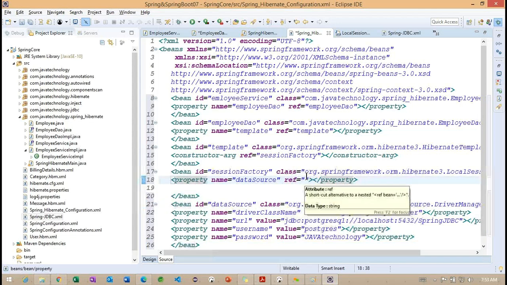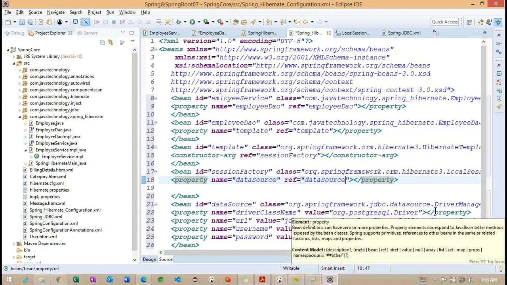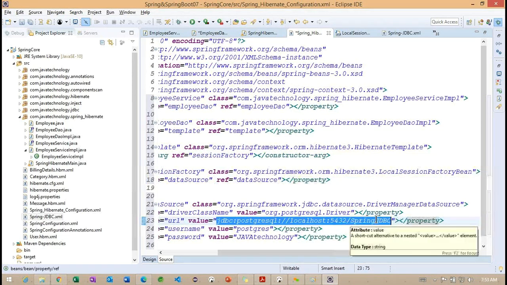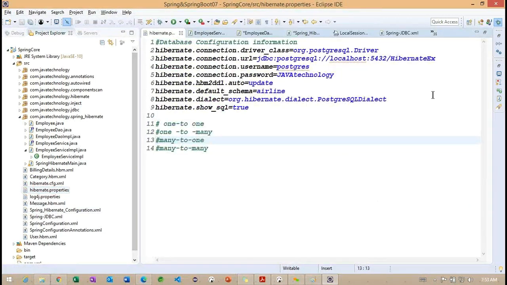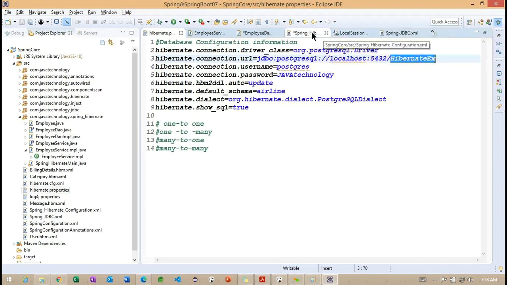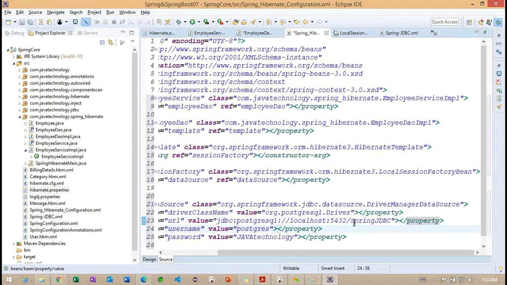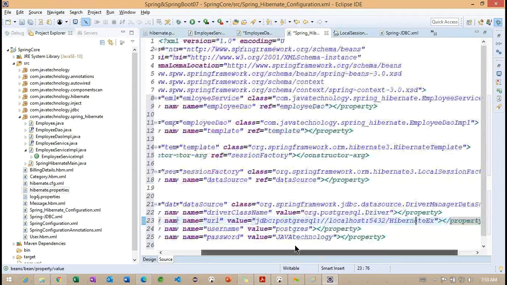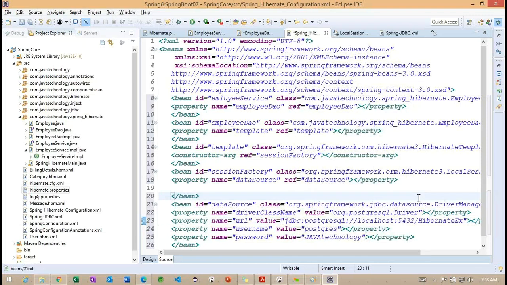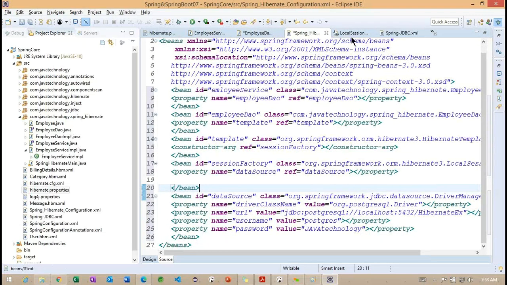Now we understood the reference I provided here. And here we need to change the schema. So to change the schema, because we created in the previous example, Hibernate EX, this I want to use. Getting the point. So this is what we use here.